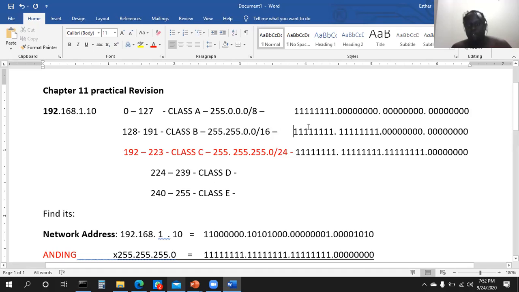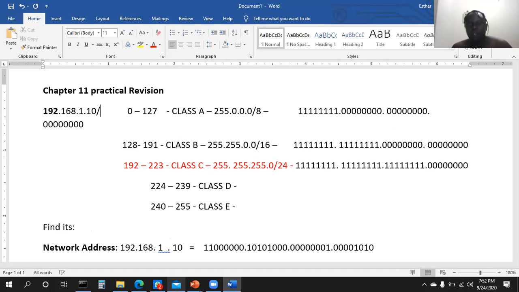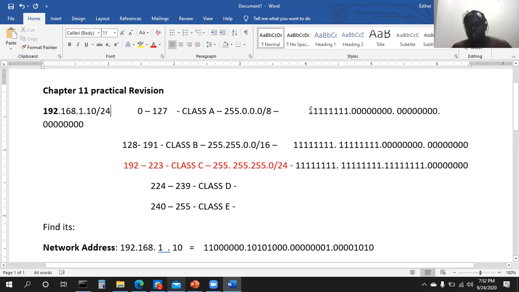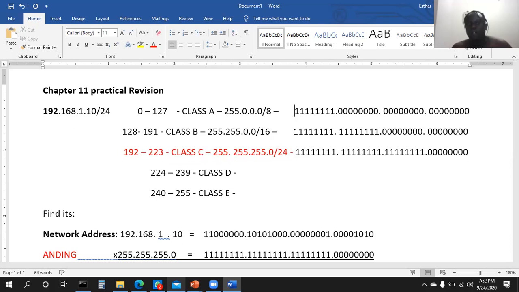Okay, you keep increasing on the 255. So that means that our default subnet mask here is a /24. Okay, so you slash 24 there, what I did earlier on. Okay, that's how I got the slash 24. So when I come down, so when I came here,